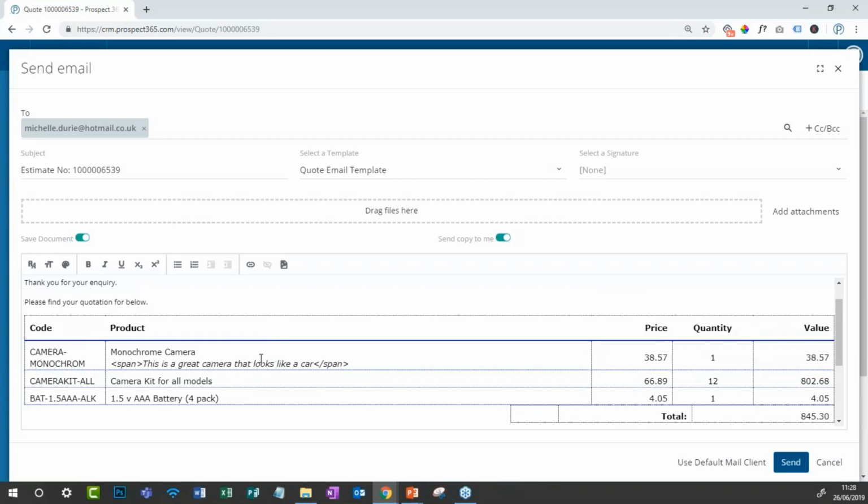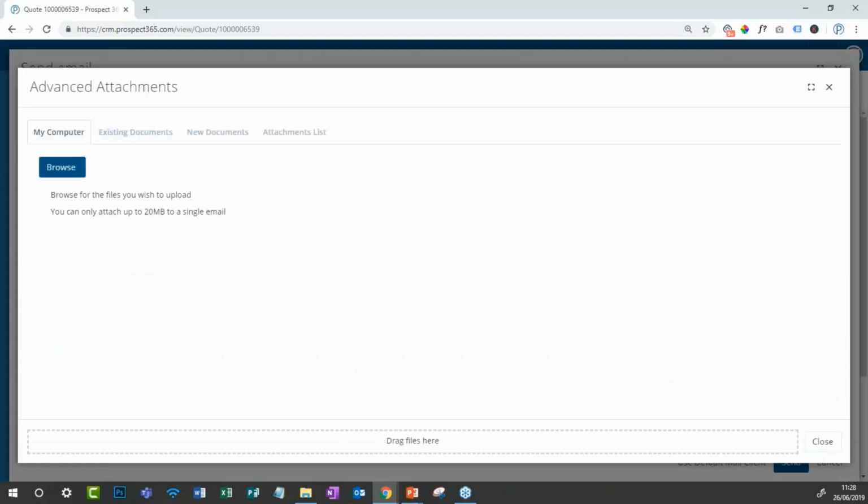So another handy feature that was actually part of the agenda today was to show you how to add attachments to an email. If we click add attachments on the middle top right area, it will bring up the attachments window, and from here we have a few options to choose from. The first is to choose a file from your computer or your file browser, so you could literally